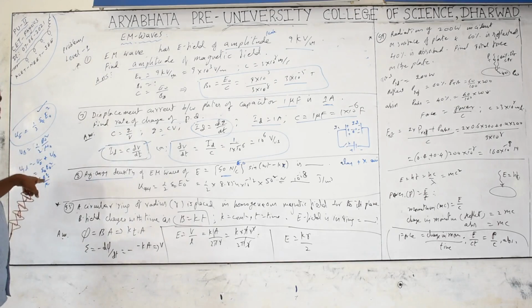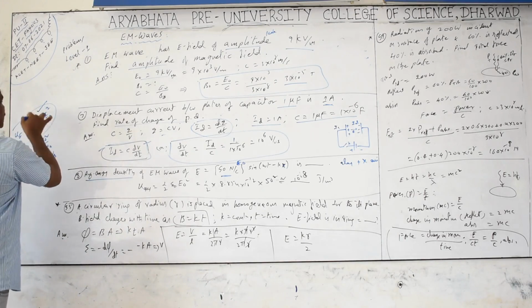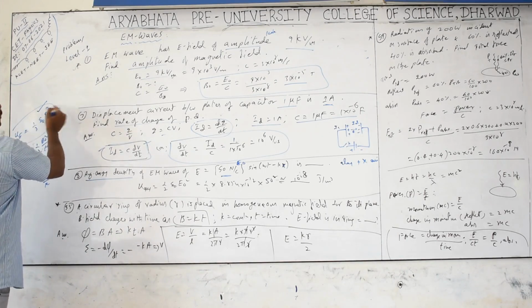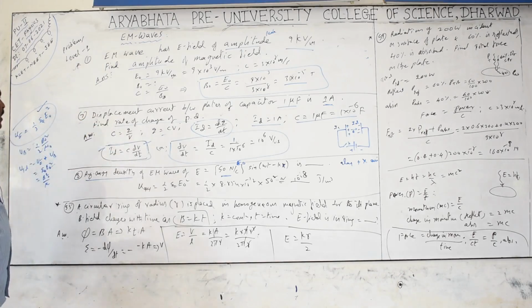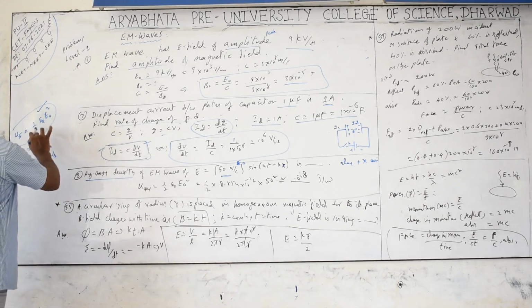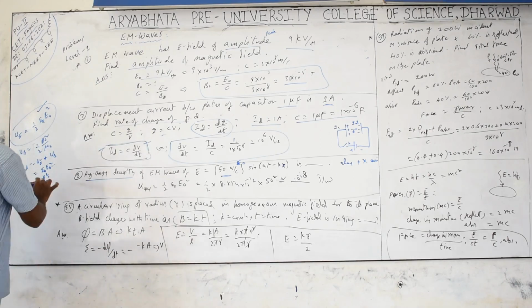This is in terms of the electric field only, or the magnetic field only, or the total, if they ask you. Sometimes they may ask for the average. The value changes between 0 and maximum, so just like AC current, the average over one cycle is 0, or 0 to maximum by 2 gives 1/4. But that won't be asked in the problems. You may be asked the total values.